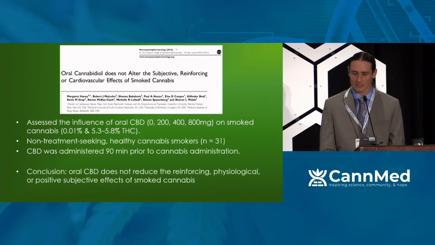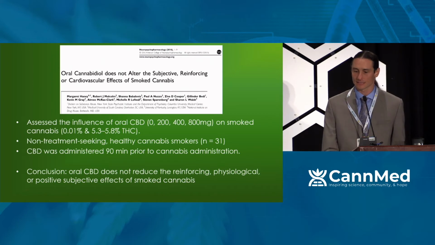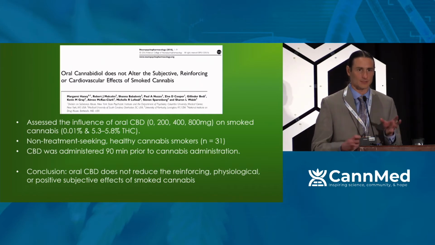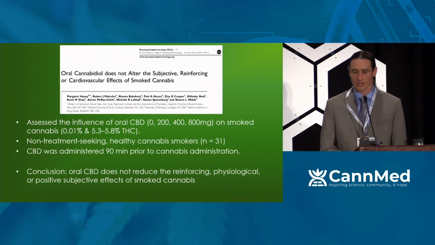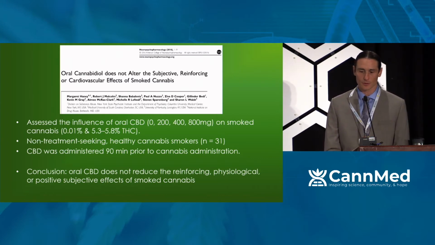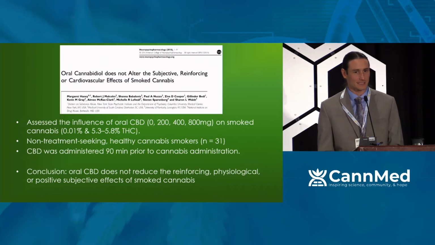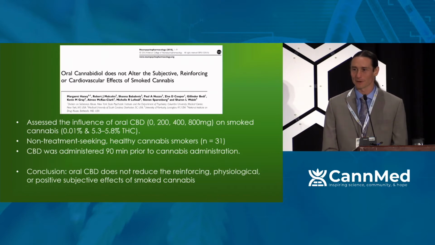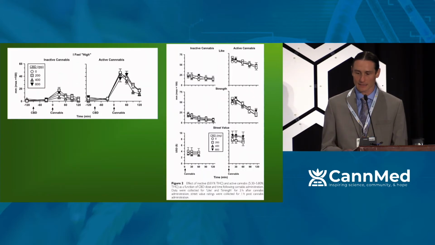But I will mention that this idea that CBD kind of limits the high of THC is likely the case to some extent, but it doesn't show up that clearly in all the literature. There's kind of mixed results, so I just want to paint a picture that's not black or white. This was a study that showed that administering fairly generous doses of CBD 90 minutes before smoking fairly weak cannabis cigarettes containing THC, NIDA supplied. You can see it's like 5% THC by weight. It basically didn't make people say that they were not high. It didn't work like that.